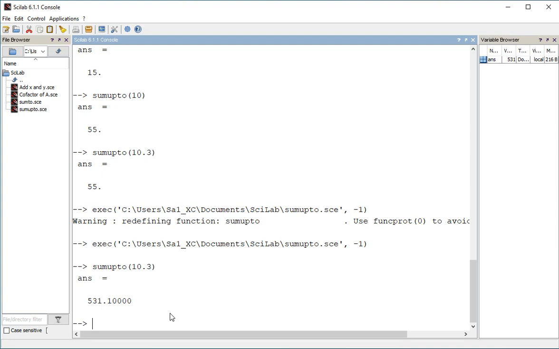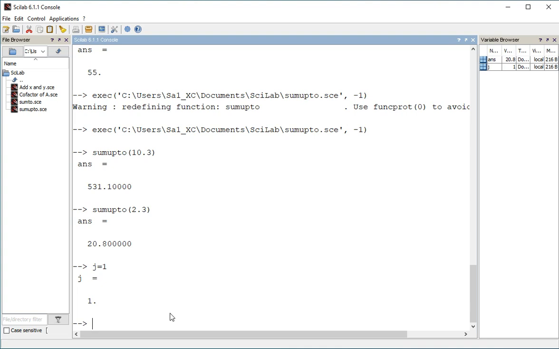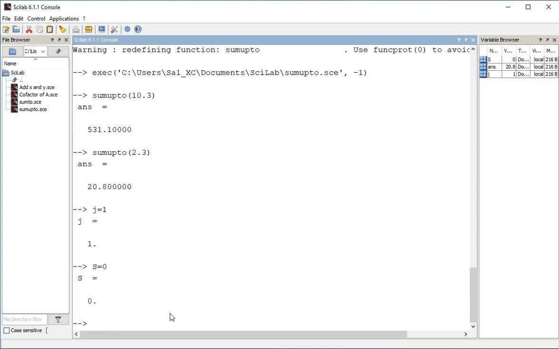So the answer is different than the previous one. Why? Because the intermediate terms are also being added. If you are not getting exactly what happened, let me do that for a simple case, 2.3. For 2.3 it is giving me 20.8. See, what I am doing is j's value initially 1, s value initially 0, and what I am going to do is j being j plus 0.1,